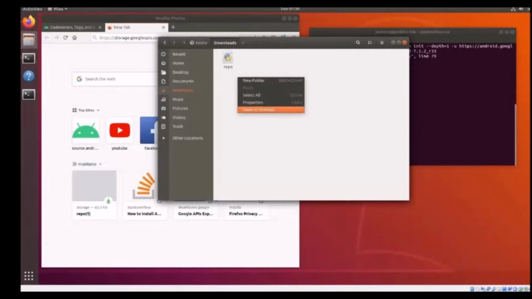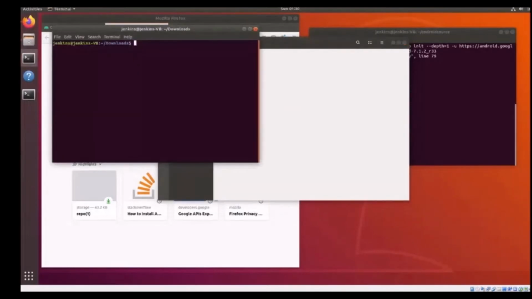Open in terminal. Move the repo file into /usr/bin/repo. This would replace the already existing repo located at /usr/bin/repo with the manually downloaded repo file.